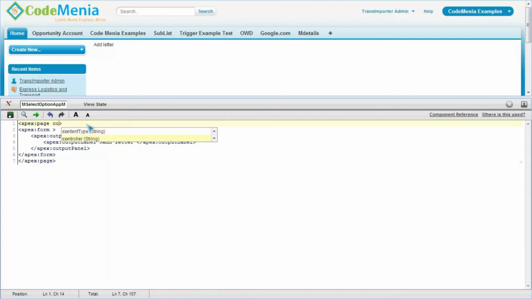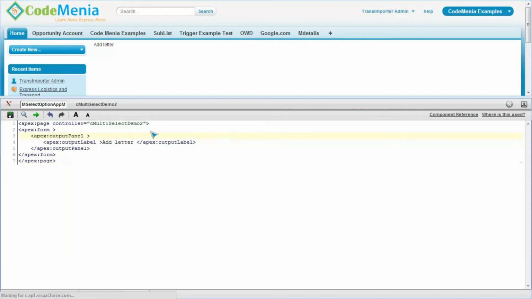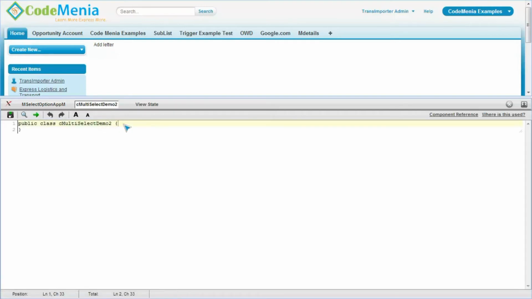Now I am going to add one controller. So using this controller I can easily define one apex variable of type list of string, and can easily store the value which is chosen from this multi-select field into the apex variable. So just defining this constructor,